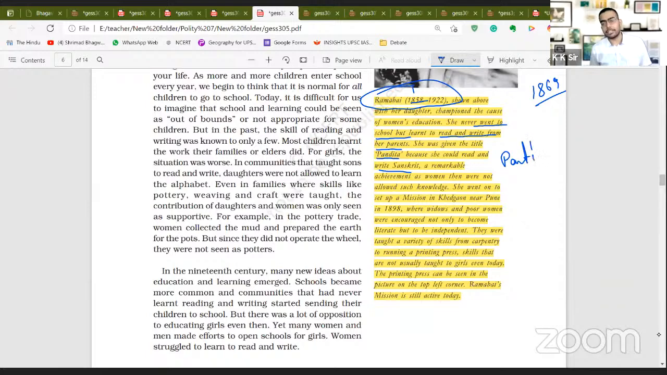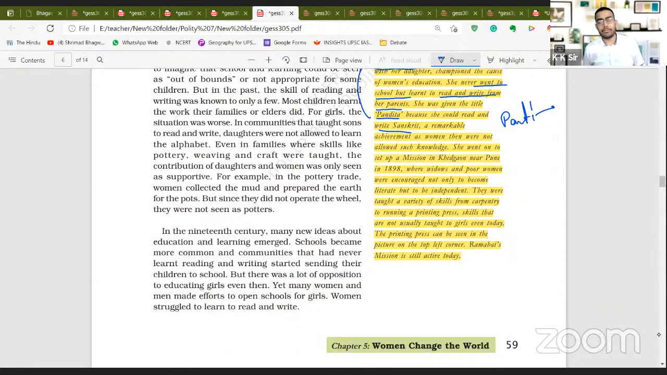Pandit title is associated with, and they will give 3-4 male names, and you will be confused that Pandit, women they will probably not say, and you will mark it wrong. So Pandit title is given to Ramabai because he was well versed with Sanskrit, and she went on to set